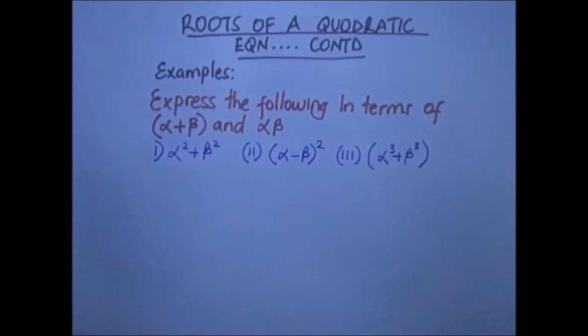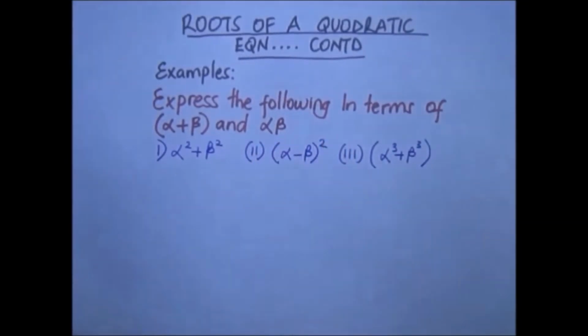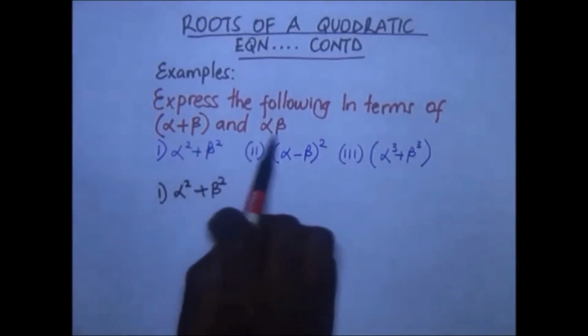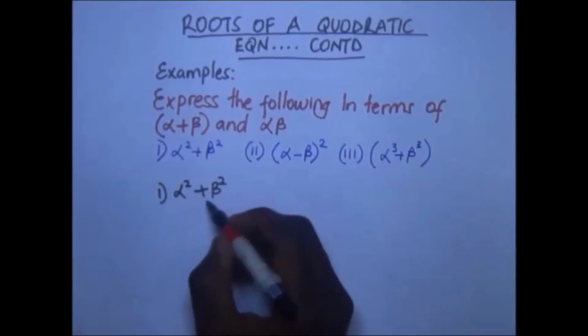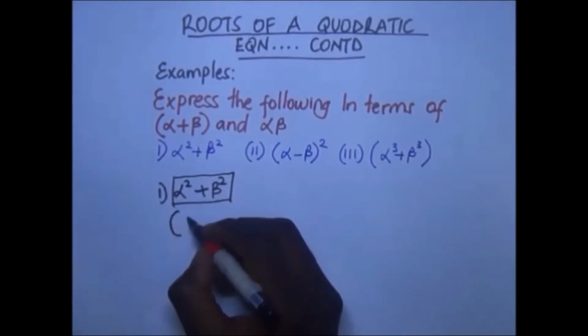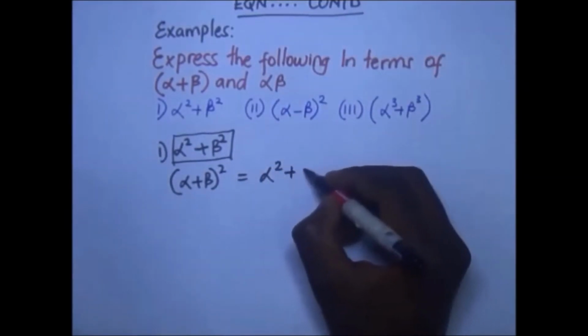Express the following in terms of alpha plus beta and alpha beta. Roman 1 is alpha squared plus beta squared. So we shall start straight away with solving Roman 1. Forming alpha squared plus beta squared in terms of this and that, we shall get this from here. Alpha plus beta squared is going to be equal to alpha squared plus 2 alpha beta plus